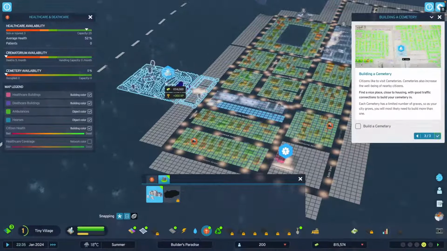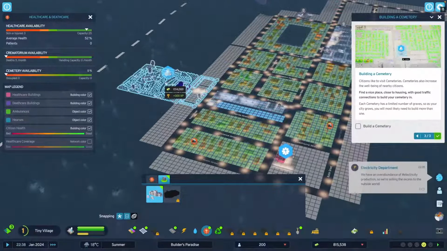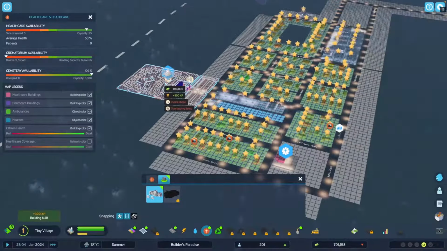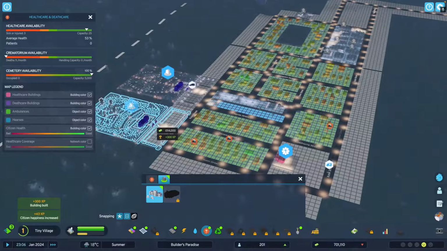this should probably last the suburbs forever, at least until we get crematories, and then we could just take care of it that way. But all right, let's put this cemetery here, even though it is really big and pretty expensive. But I mean, that seems like a good spot for it, right? Yeah, let's just throw that in there. That's gonna make everyone happy, and that's gonna be able to